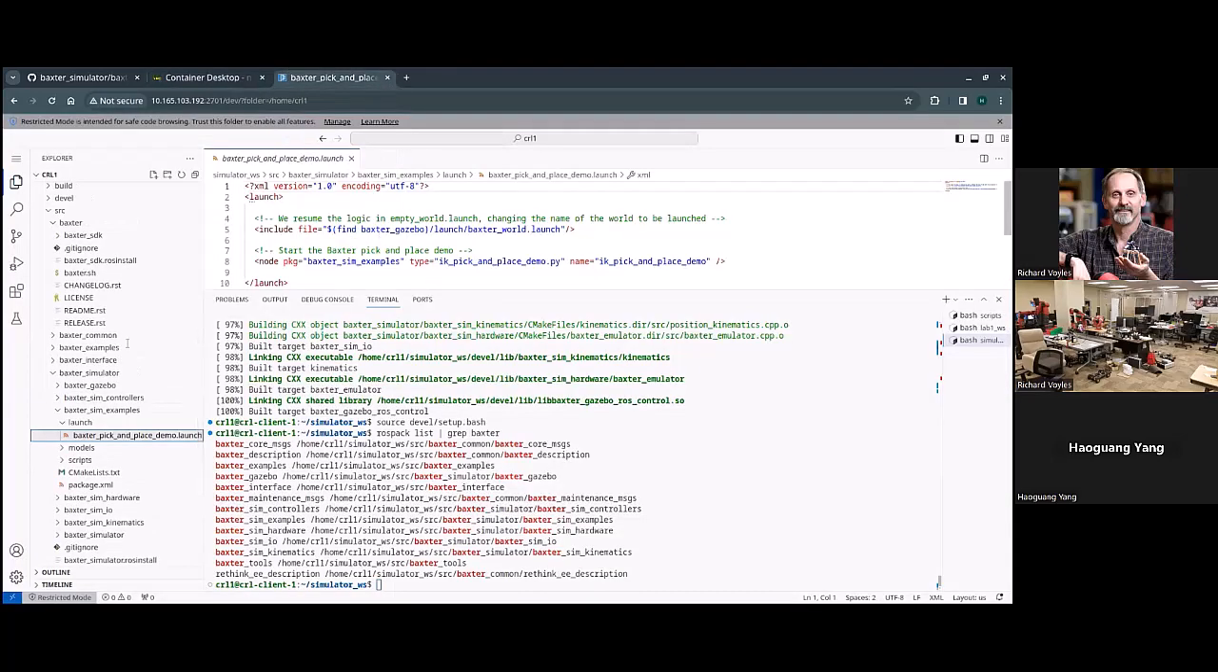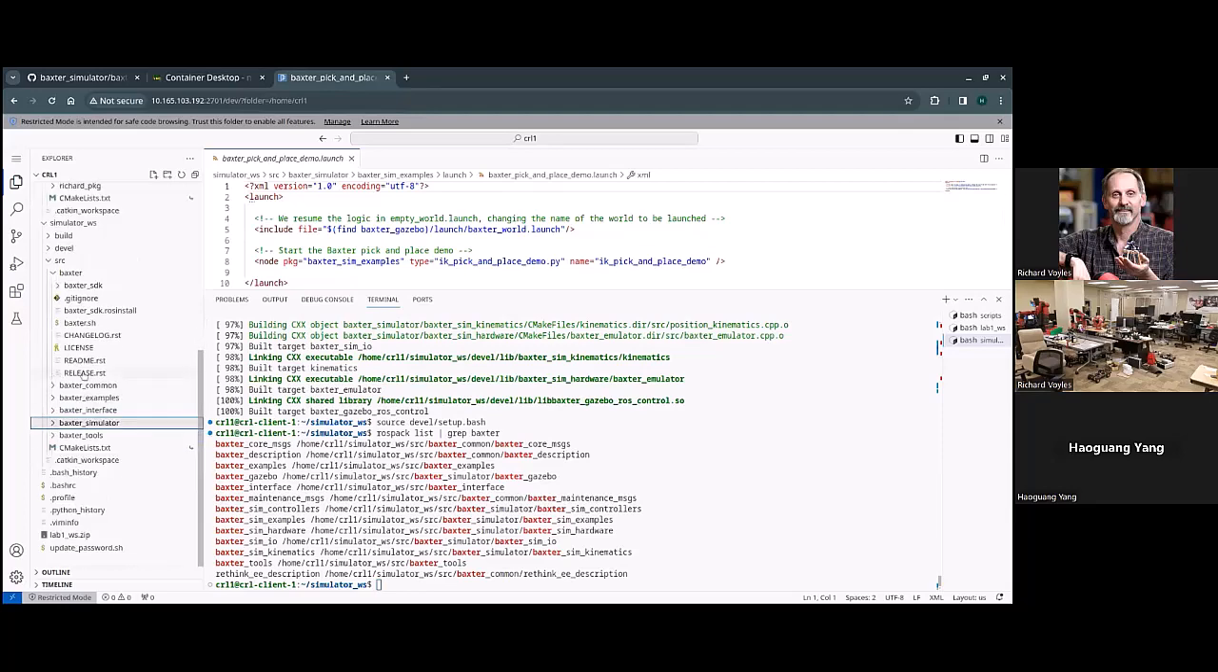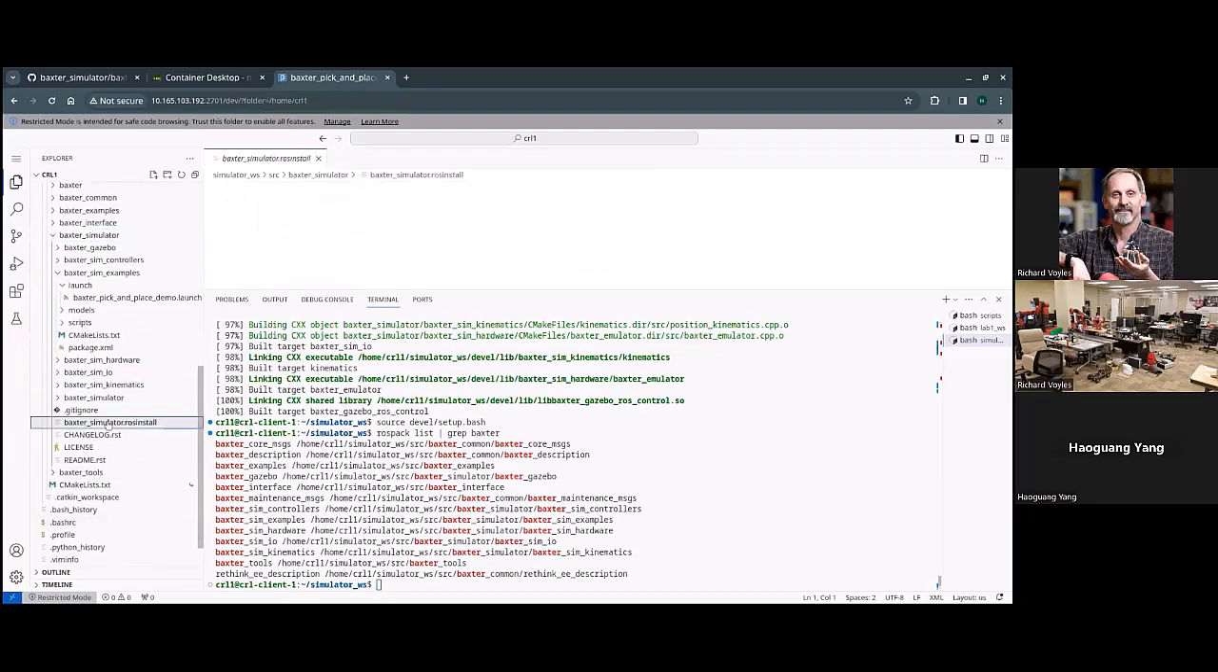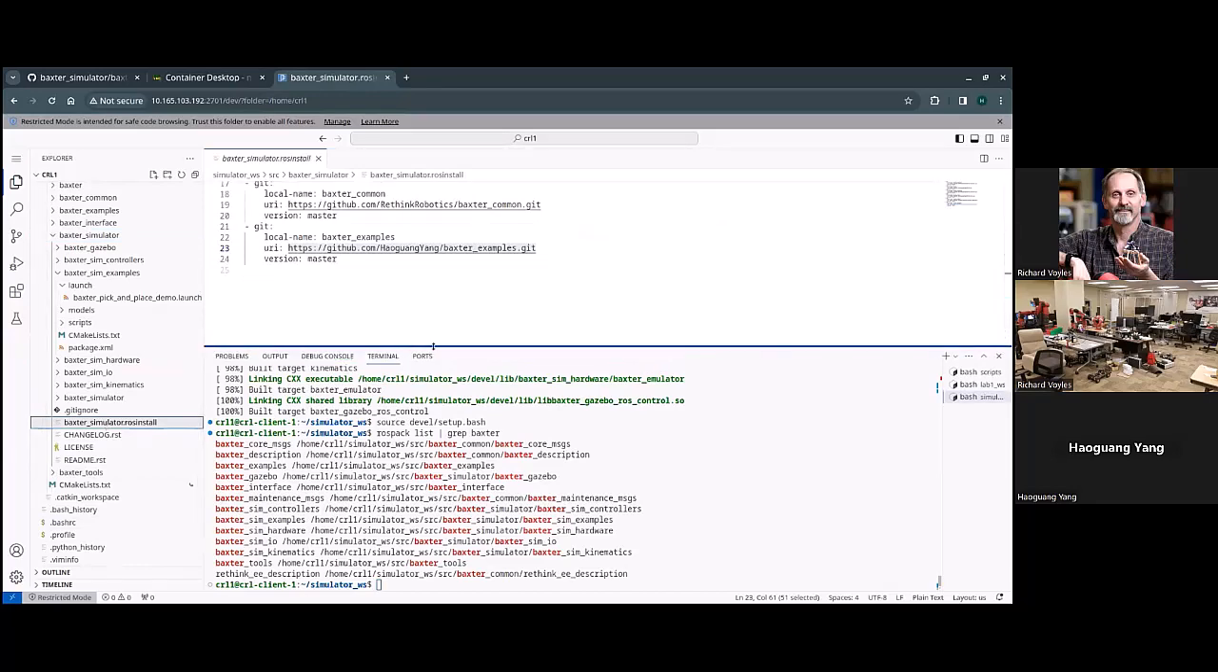the dependencies. So remember, we just use the magic file. Where is it? Baxter simulator. The magic file. Baxter_simulator.rosinstall. Actually, that's a file